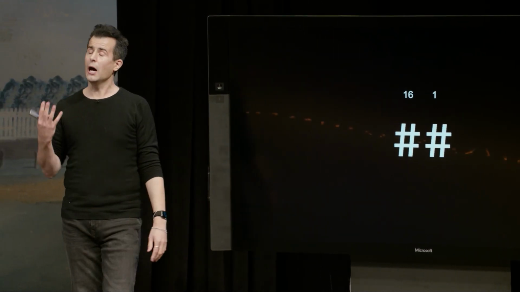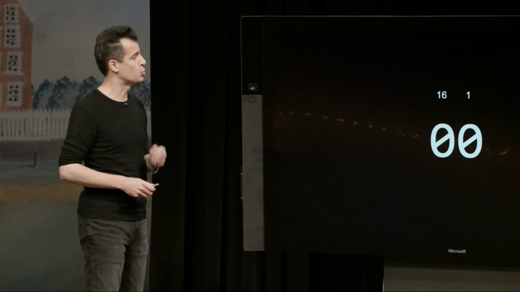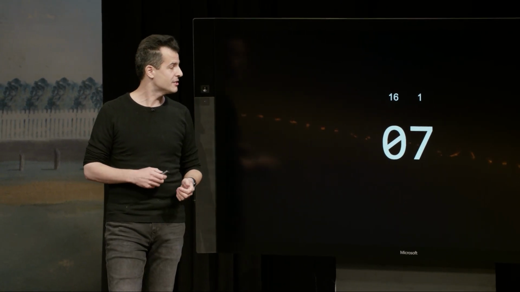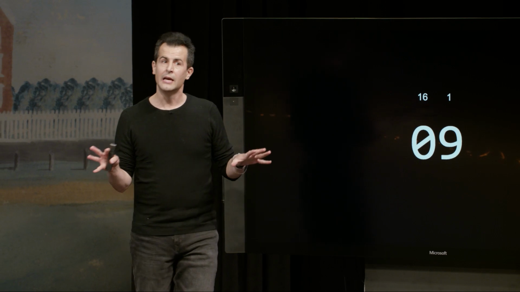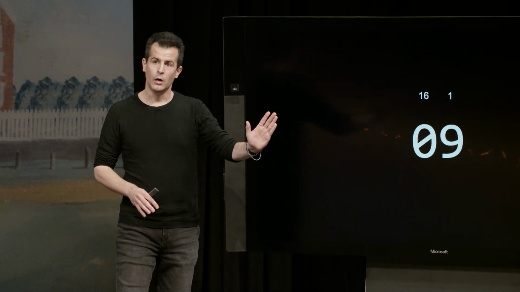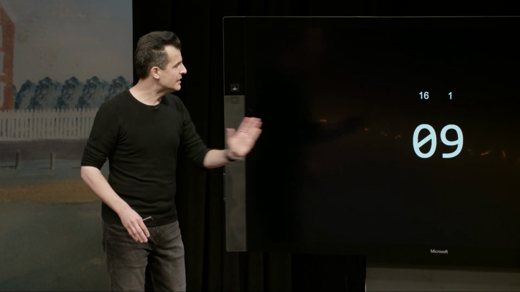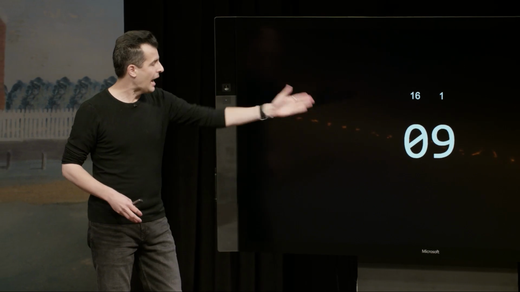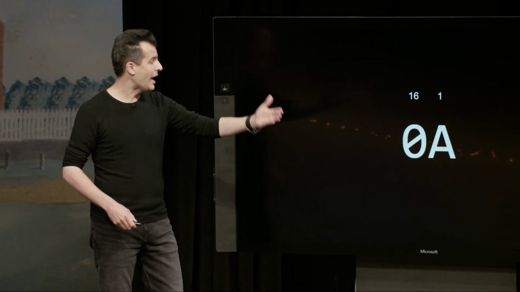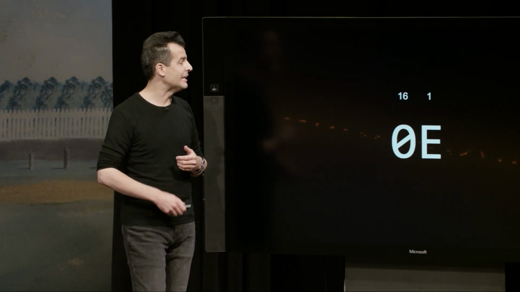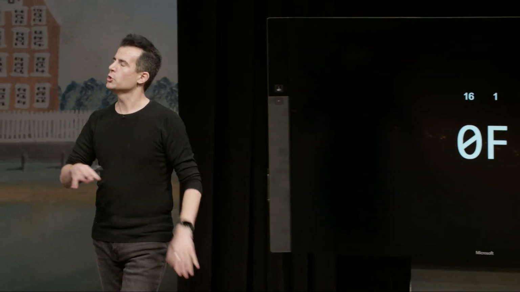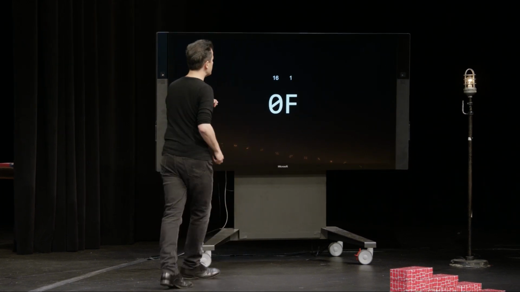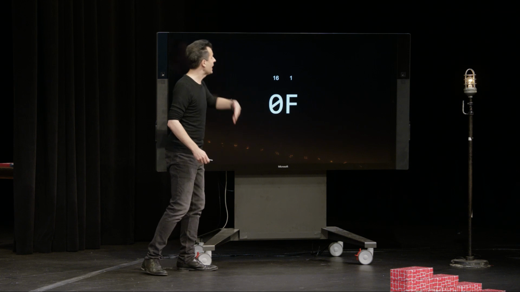If you want to count up in hexadecimal, you still start with 0 as usual. Then 00, 01, 02, 03, 04, 05, 06, 07, 08, 09. And then things get interesting. Now, you don't go to 10, because that would be incorrect. 10 in this base system would be like 16 times 1 plus 1 times 0. That's not what we want. After the number we know as 9, we now count up to A, B, C, D, E, F. And now things get interesting again. Just like in the decimal system, when you count up to like 99, you have to start carrying the 1. Same thing here. If you want to count past F, you carry the 1.